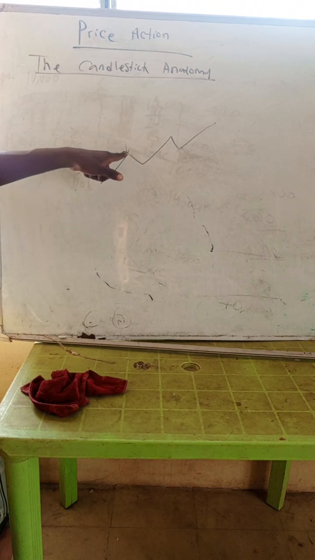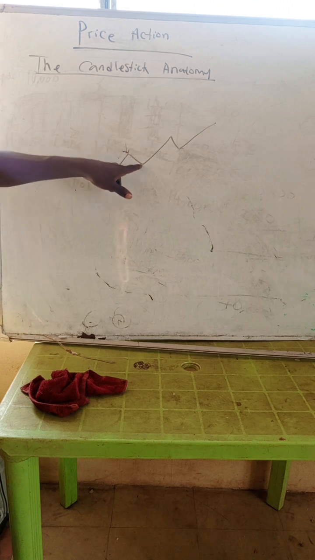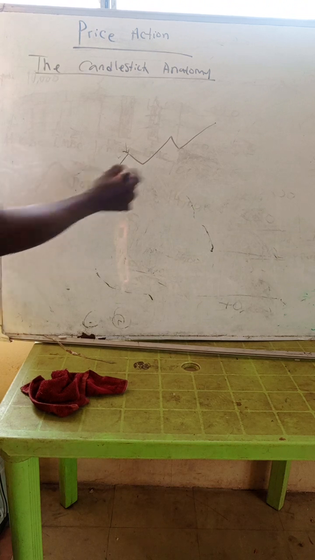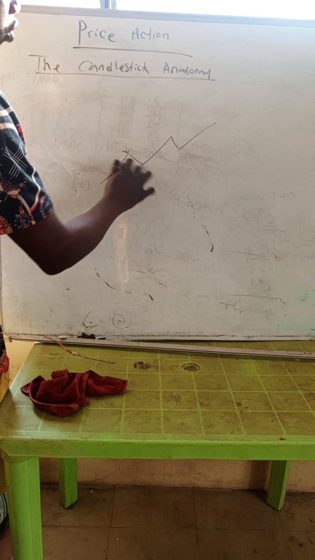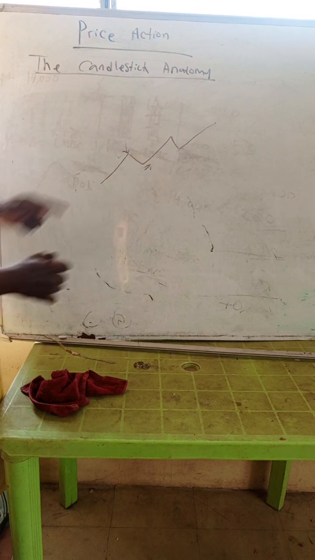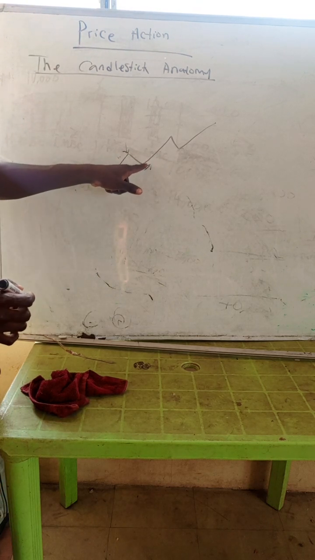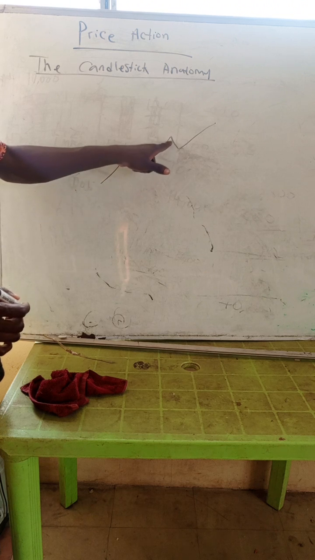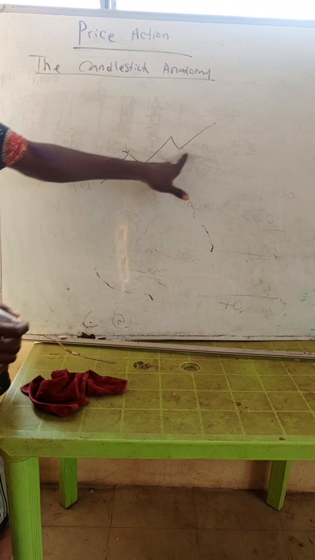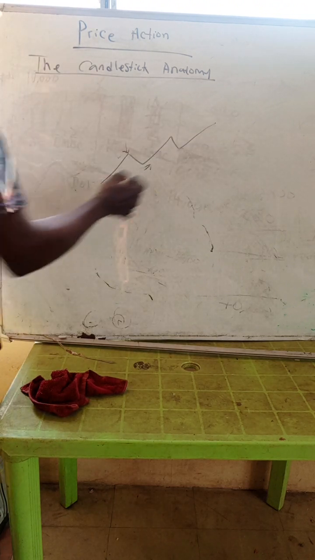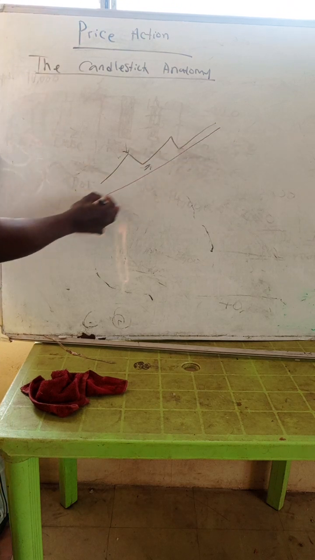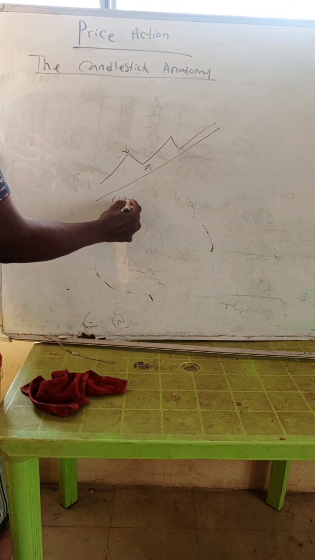They came and took this price up to this level, and sellers came in and took it down a little, and then from this point, buyers came in again and took the market up again. Then the price went from this low point down and up to this point, and then sellers came in and took it down, and then buyers continued and took it up. So the overall trend here is what they call an uptrend.